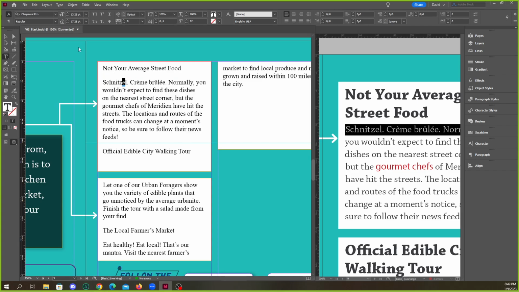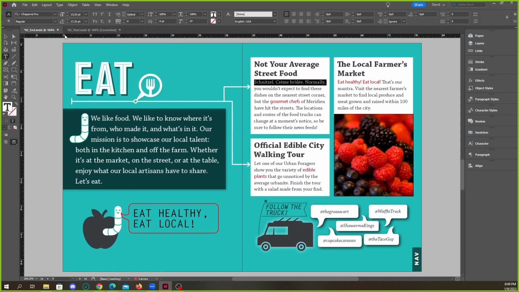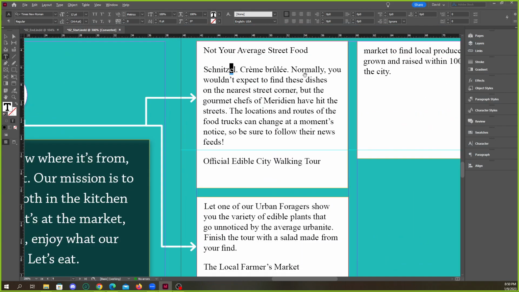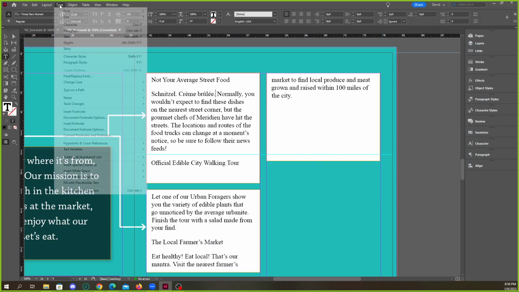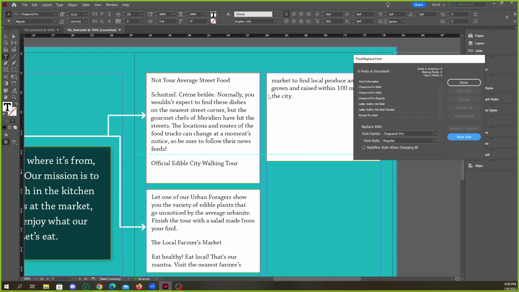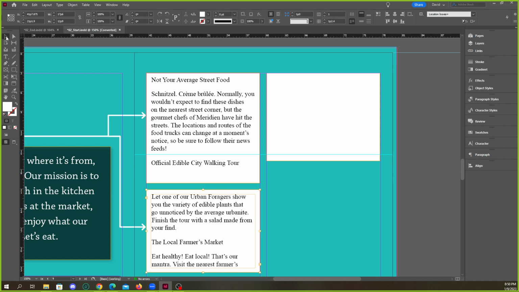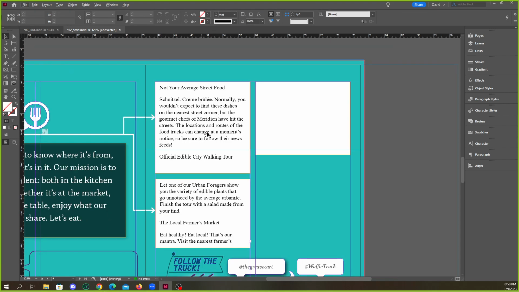The other option is to go to Type, Find and Replace Fonts, and then wherever we have Times New Roman, we could replace it with Chaparral Pro. We just select Times New Roman and replace with Chaparral Pro, and then Change All, and that will change all of it. But that's not the correct way to do it either, because this file happens to already have